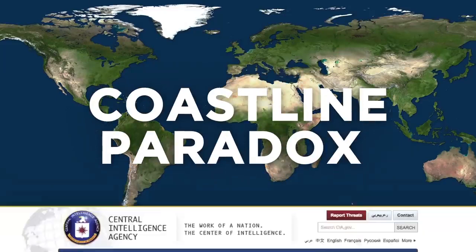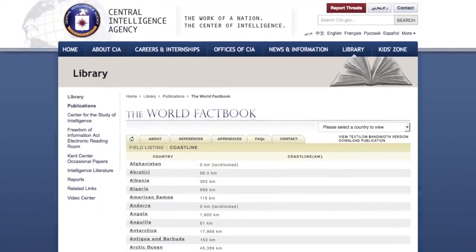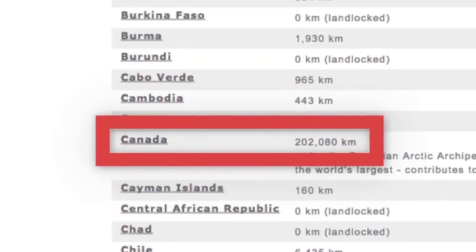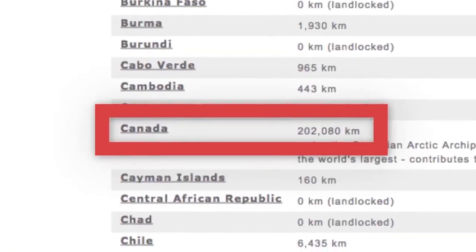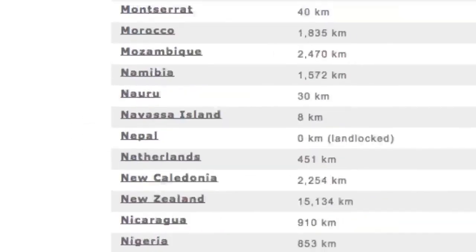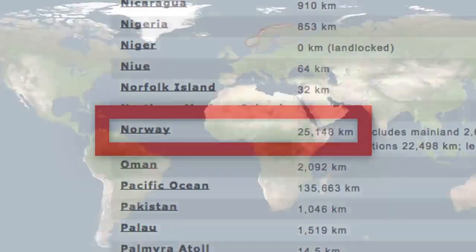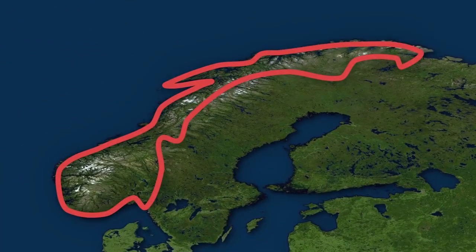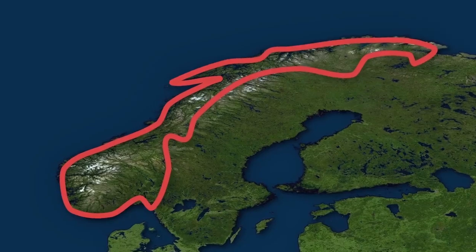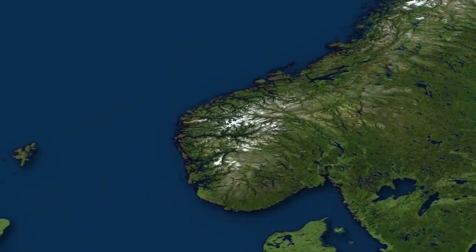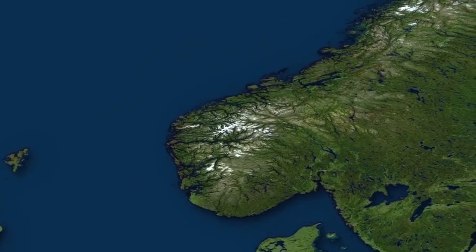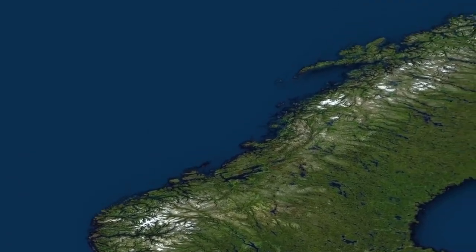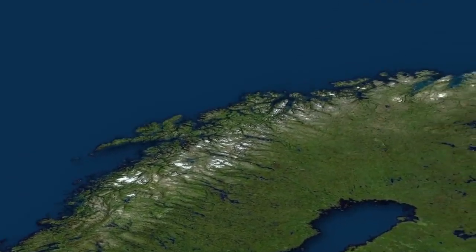Just take a look at this list from the CIA World Factbook on the countries with the longest coastlines for a few surprises. According to them, Canada is first, which kind of makes sense, but the really surprising one is Norway in second place. At a first glance, Norway's coast doesn't seem too long, especially when compared with countries like Russia or the United States. But when you zoom in closer, Norway's coast gets pretty wild. Just look at all these nooks and crannies and islands and fjords. The CIA puts the total length of this coast at